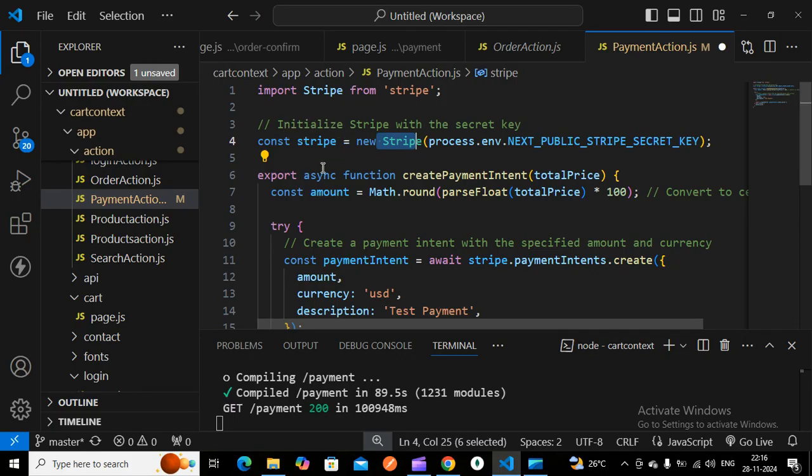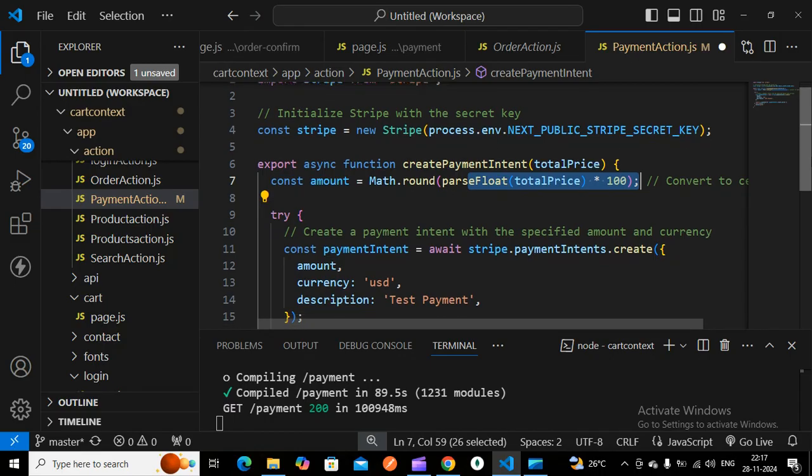You have to initialize with some variable. So in this create payment intent, we will be getting that particular 31 rupees. Here we have to convert this into cents. For that, we first have to convert this amount into parts. Here 31.99 will come, so multiplied by 100 you will be getting 31.99. If you get this math round 31.99, we will be getting this particular amount.